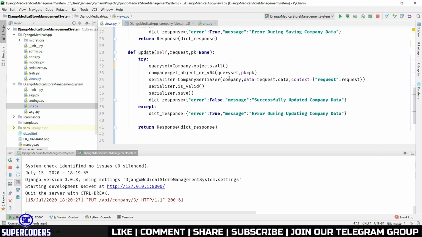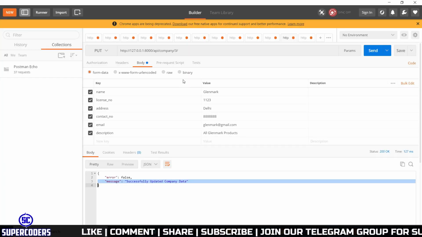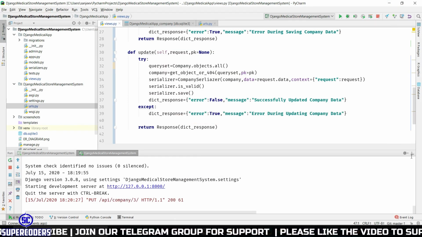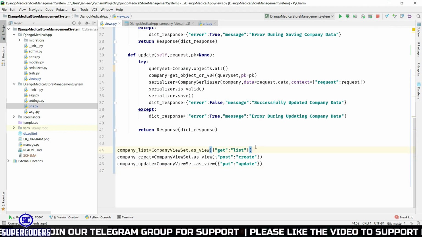Now, currently you can see I successfully access my API endpoint without login or without token. Now let's protect this URL. Without protecting, any user can access this URL. So let's do this. First close this.